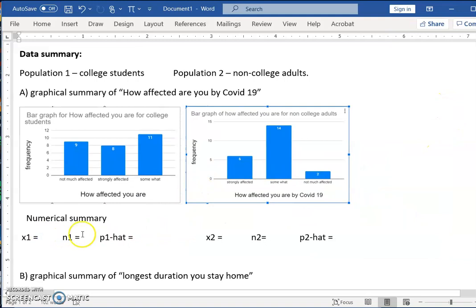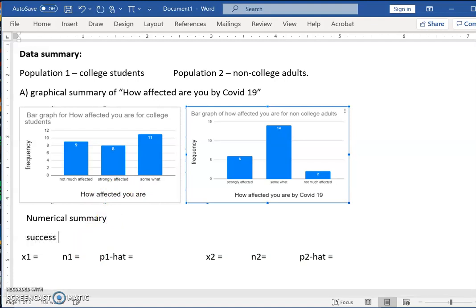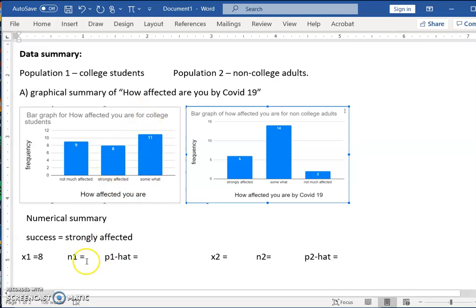Okay, so we want to summarize X1 and N1. For me, I want success to be strongly affected. You can choose whatever category you want to count. For me, I just want strongly affected. So in this case, it's N for college students. And how many do I have? I have 9 plus 8 plus 11, so that's 28. P hat is 8 over 28. So that is 28.6%,